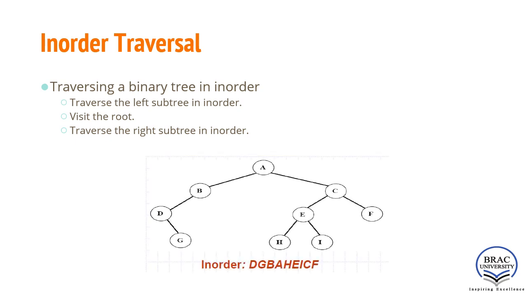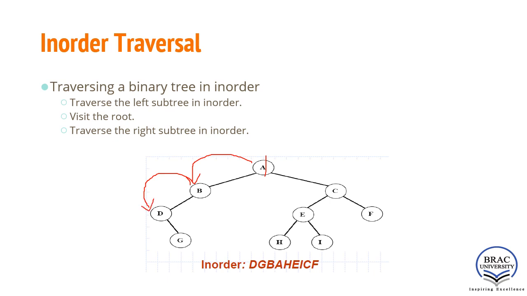So here is a tree, and we need to find the in-order traversal for this tree. As we already have the definition of how to traverse using in-order, the visit will be, I'm highlighting. We will start with the root, but no, we don't first visit the root. Rather, we find out whether there is a left subtree in the root node. Yes, there's a left subtree, that is B. So will we visit B?